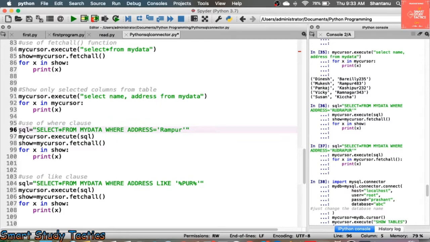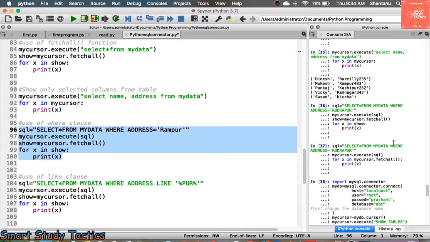So here I'm giving a condition where the address equals Rampur, so I'm going to fetch that detail only. As you can see, SQL is going to execute this line, and this variable is going to be stored in SQL, and I'm going to execute this line. You can execute this line in this area also. Make sure I'm transferring from this value to the variable. So it should be clear to everyone, this execute function is responsible for all the things. Now it is going to fetch all the details and show all the details.